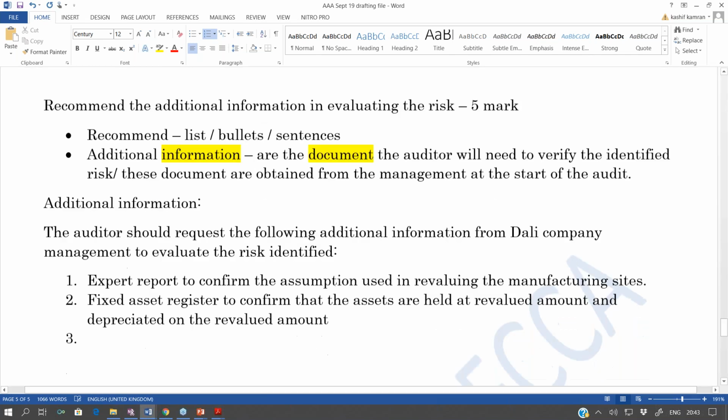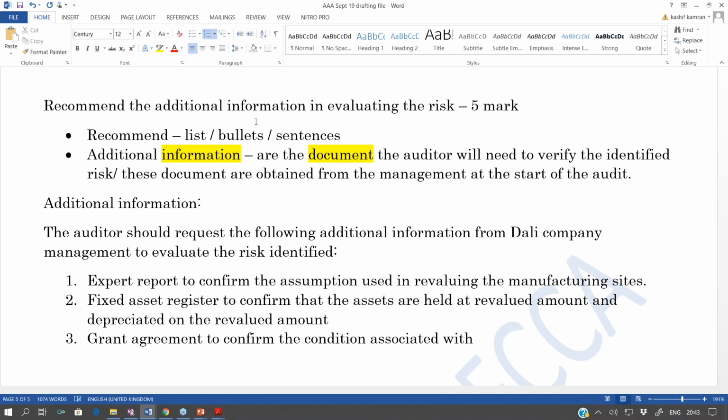Government grant. Should I be needing the grant agreement to confirm the conditions associated with the grant? Because 8 million of the grant has conditions, right, up to 2020. So can you think, am I writing journal information, or am I connecting this information with the risk I have already identified? Expert report, fixed asset register, the grant agreement,